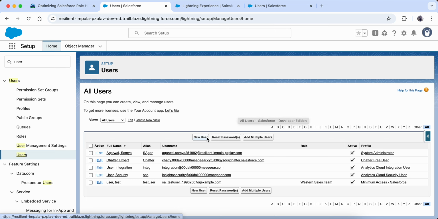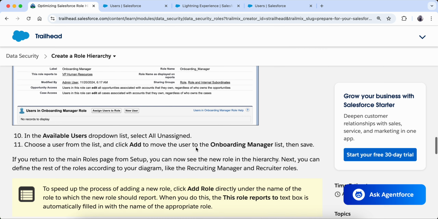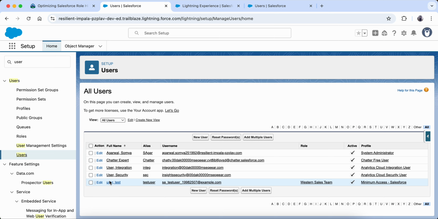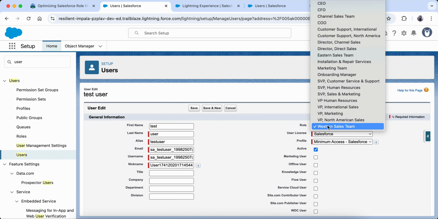That's why I really advise everyone to do the hands on. Because okay, we already have a user here, but since the role is this, that's why we are not getting it. Because they are saying choose a user from the list and click add to move to this list. Okay, so what we will do is we can also do one thing, and let's try it. I have also not tried it, but I think we can try it.